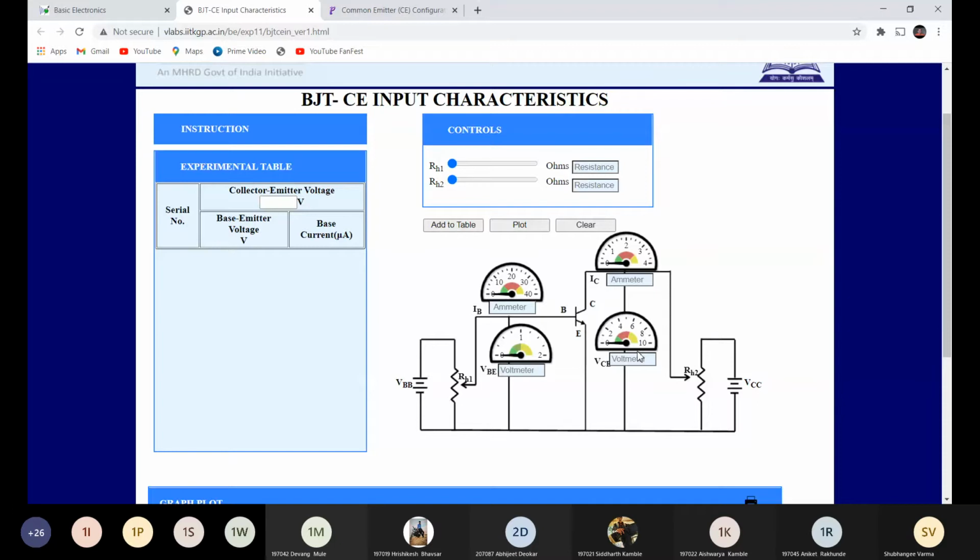And if you look at the input side, it is forward biased. See, the base is connected to the positive terminal of the battery and the emitter is connected to the negative terminal. This is which transistor, students? Tell me. Identify the transistor and write down the answer in the chat box. This is which type of transistor? Observe the circuit diagram. Write down the answer in the chat box. This is which type of transistor?